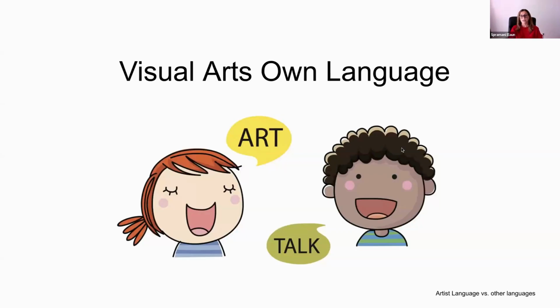So I want to tell you a little bit about what art literacy really focuses around. Visual arts has its own language, if you didn't know that. When you go to fine art school, I don't know if anyone here is a fine artist, but I went to fine art school. And one of the things I was taught in college was that there's this language that we learn and how to interpret artwork. And this thing that I'm talking about is called a long word. It's called the elements and principles of design.